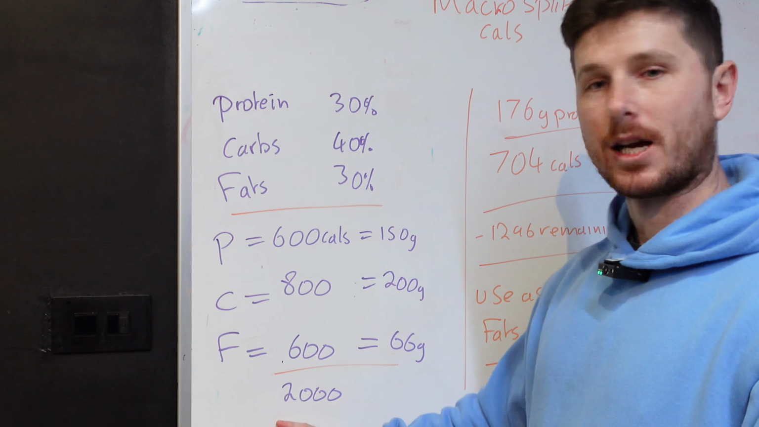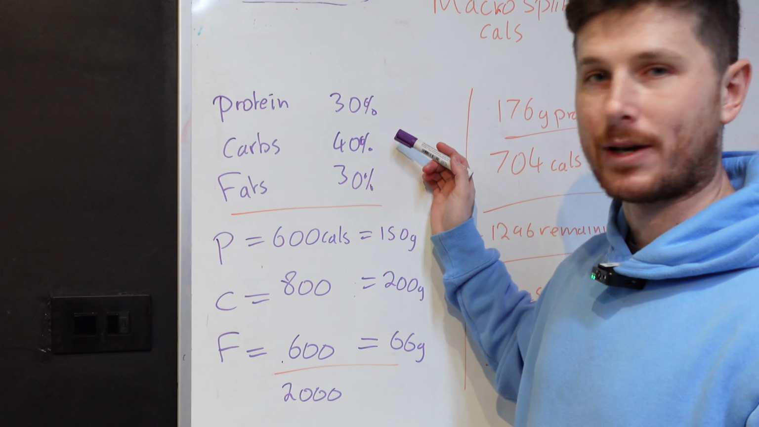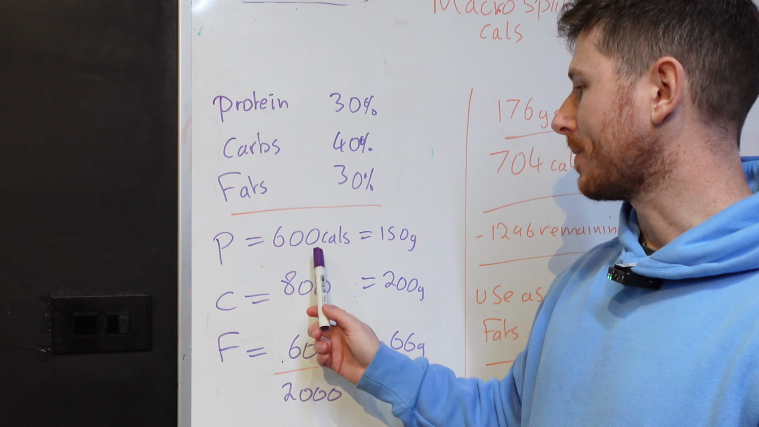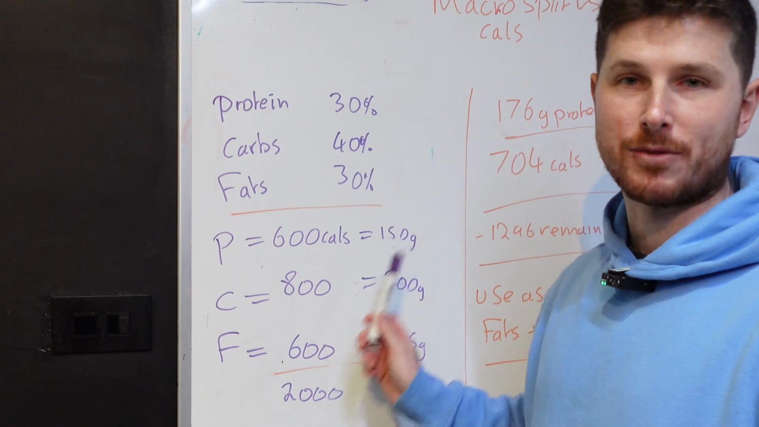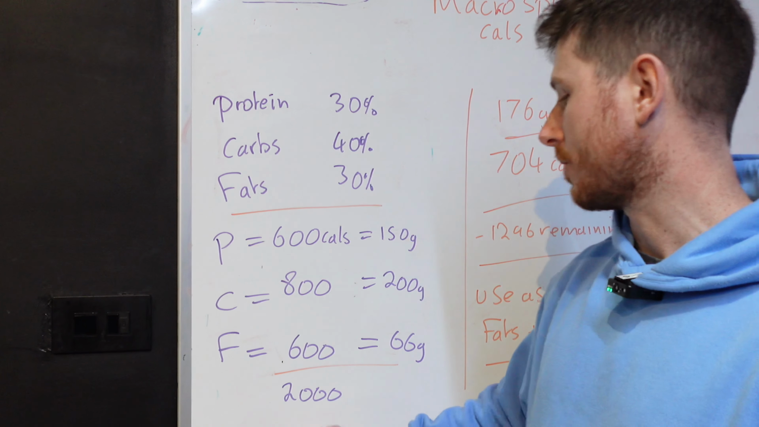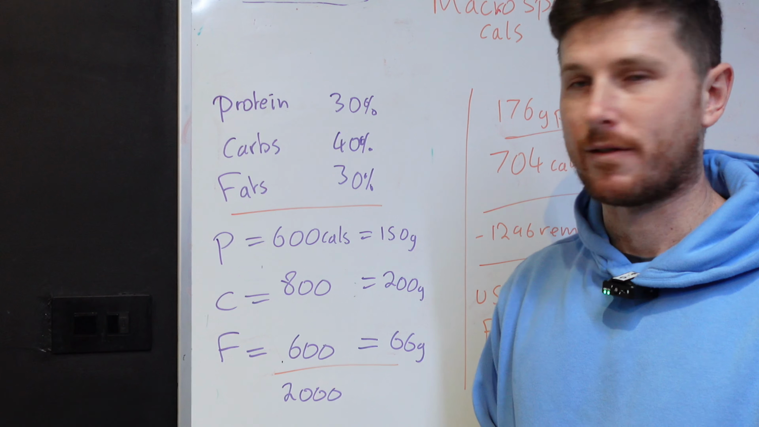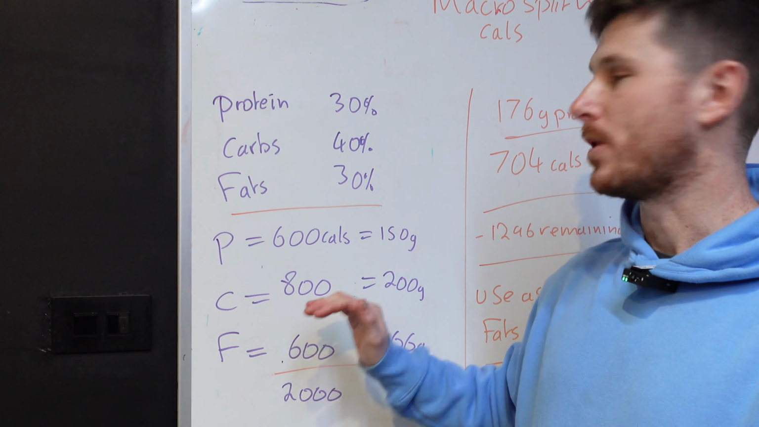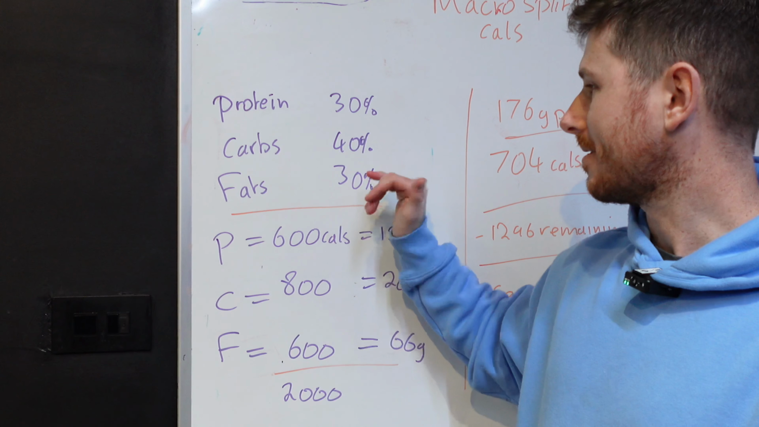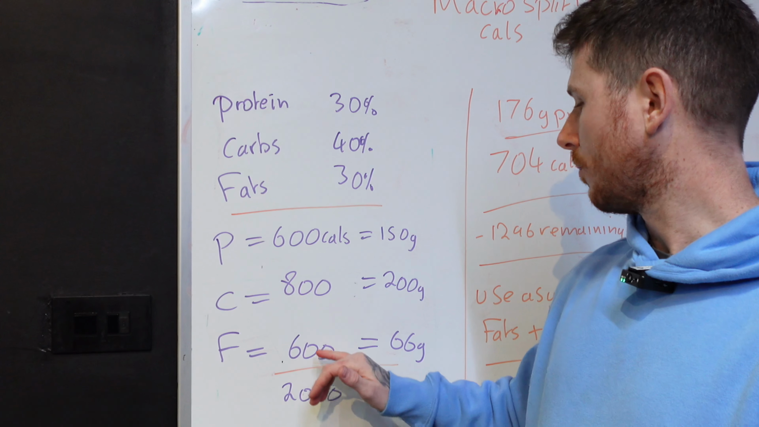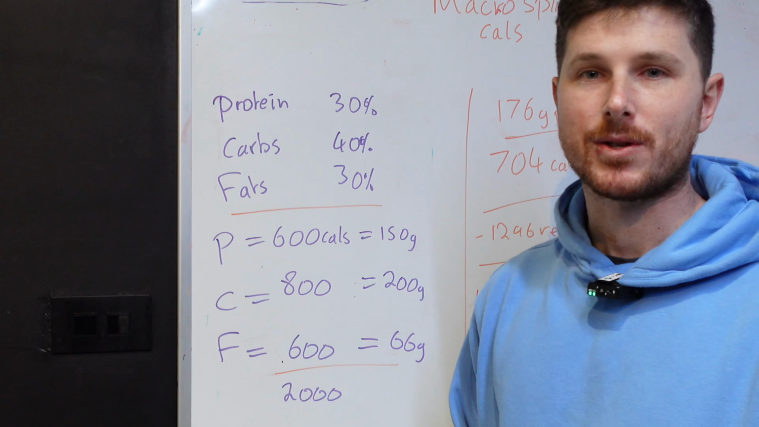If we take a 2,000 calorie overall for the day and we split it into this calculation here, your total amount of protein, you're looking at 600 calories and around 150 grams of protein. That is 30% of the total for 2,000 calories. With carbs, again, if we take the 40% of that, we're looking at 800 calories, which broken down into the amount of grams that you need is 200 grams. For your fats, 30% of 2,000, we're looking at around 600 calories, and then this breaks down into 66 grams